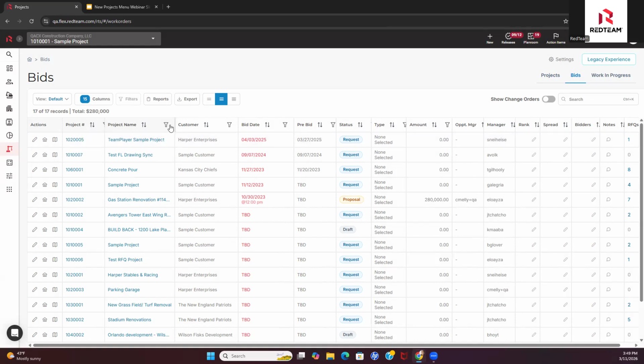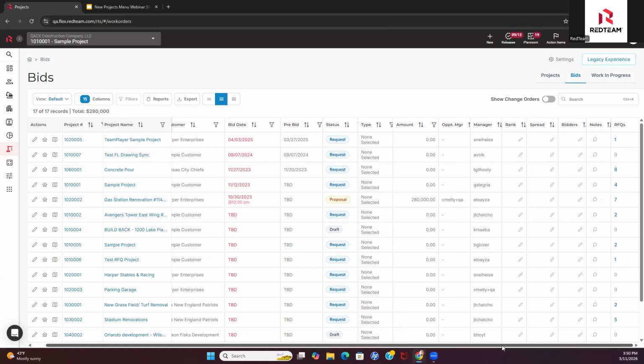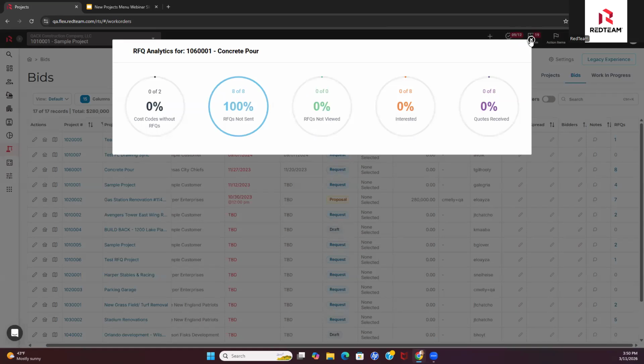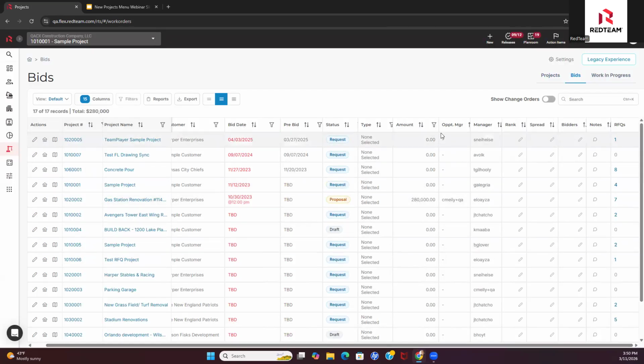Other than that, the only things that are really different from the projects menu is you need to be aware of this ability to show change orders. You can go ahead and toggle that on if you'd like potential change orders within your active projects to show here as bids to be won. Otherwise, you can turn those off. And in keeping with our kind of standard RedTeam format, if an item is blue in here, you can click on it to get more information. So do notice that your RFQs have the ability to click and get some analytics right there if you need them. And then we're going to go ahead and go back to our last slide here,